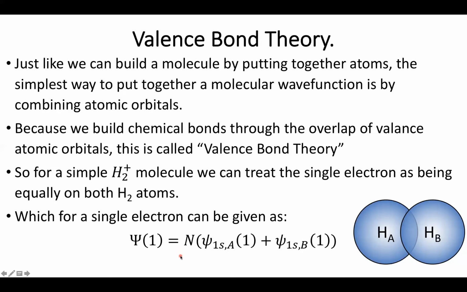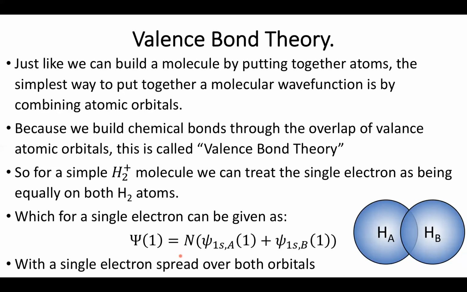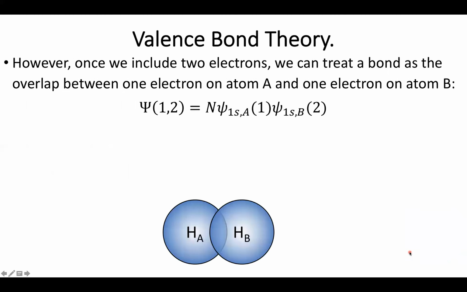So this gives me the simplest form of a molecular wave function, and we'll deal with this a little bit later. What we're going to try and focus on now is what happens when I put two electrons in here and I make it a true molecule. So again, I start with one electron spread over two atoms. The simplest way I can try and build up a multi-electron molecule is going to be very similar to the way I built up a multiple electron atom, where I start by putting one electron on A, one electron on B, add them together, and deal with the normalization constant. Fairly straightforward.